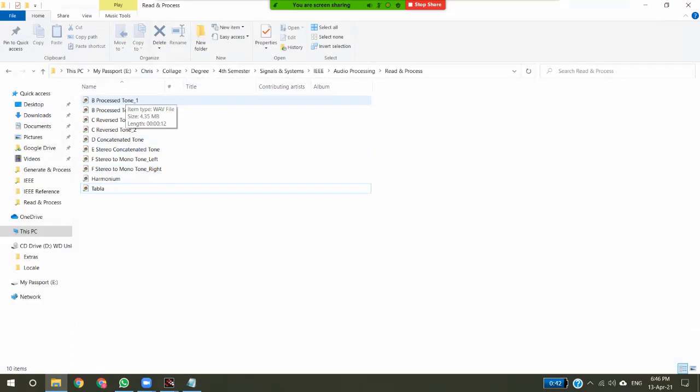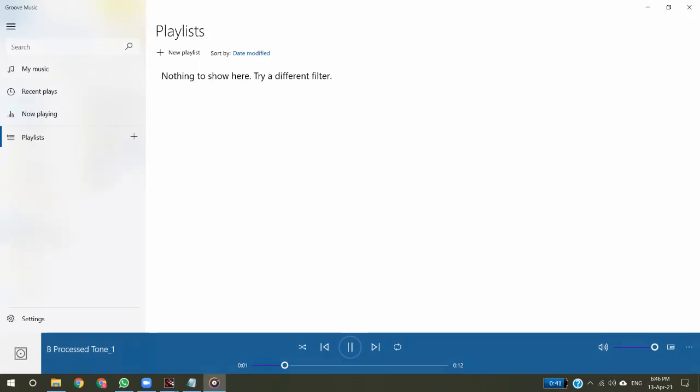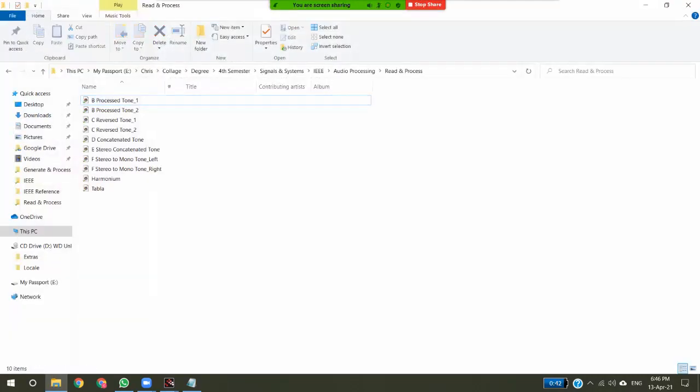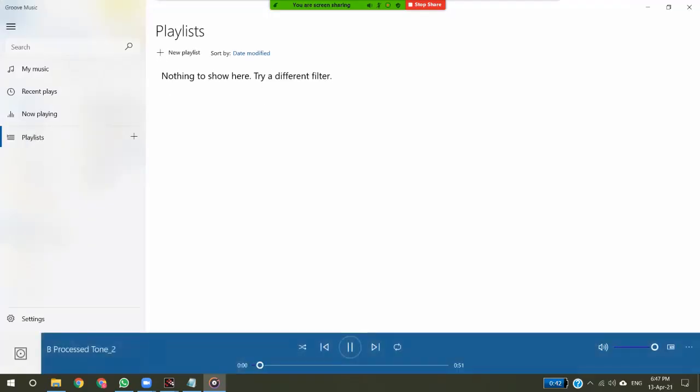That is, we had changed the playback speed of the first tone by a factor of 2. So let's hear it played at higher speed. Now the second tone, which we have scaled by 0.5, will be played at a slower speed.